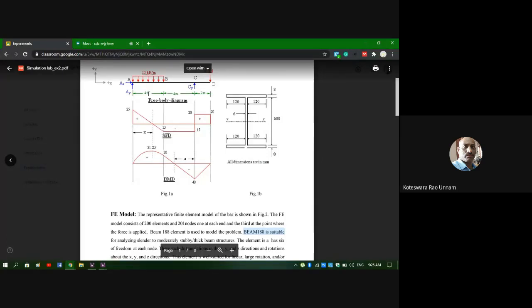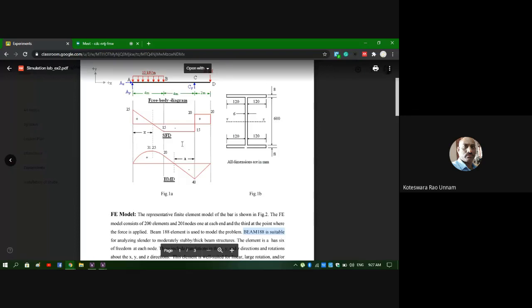So here, let us say initially we assume that in the model we are considering 200 elements. So again here the number of elements will depend upon the user's choice. If you take a smaller number of elements, your solution accuracy will be less, but computational time is small. So you can solve this same problem with 2 elements or 3 elements or 4 elements, whatever elements you want to take. But if you take 4 elements, whatever solution you get is going to be less accurate.